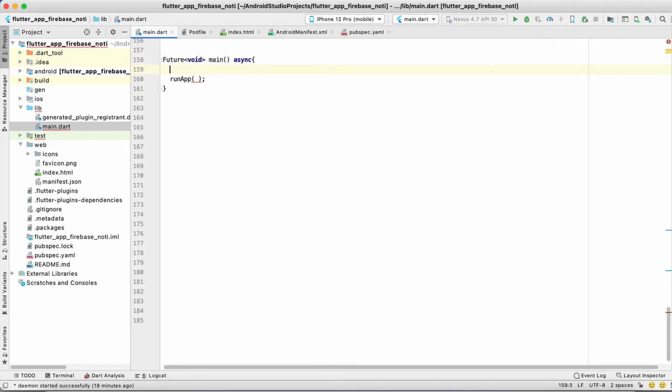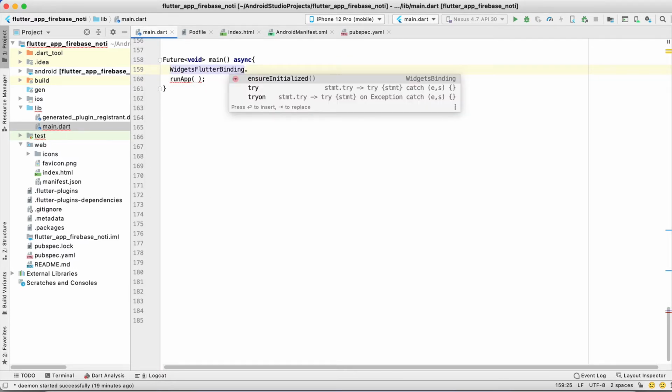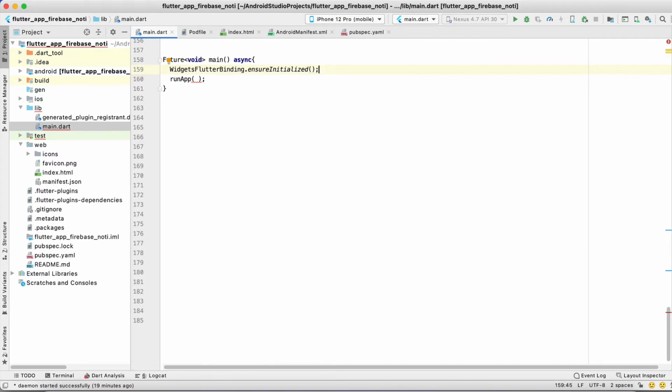Because we want the Firebase service to initialize first and only then the run method to execute, we use WidgetsFlutterBinding.ensureInitialized, which makes sure that the Firebase object is initialized successfully.